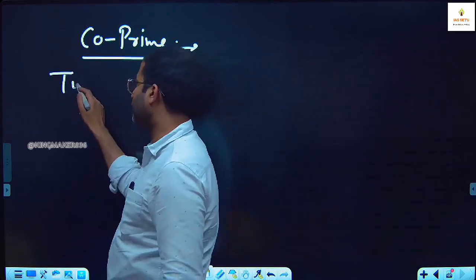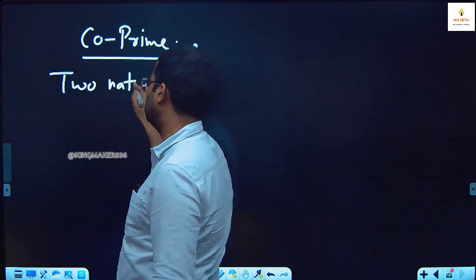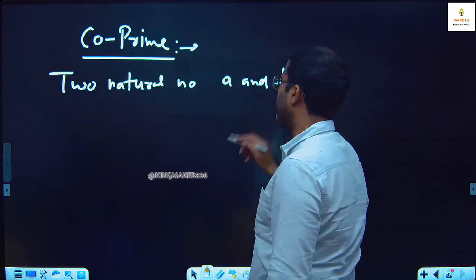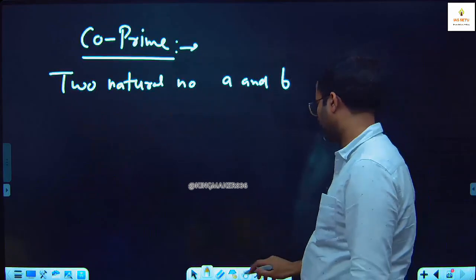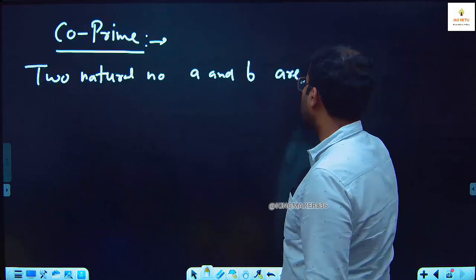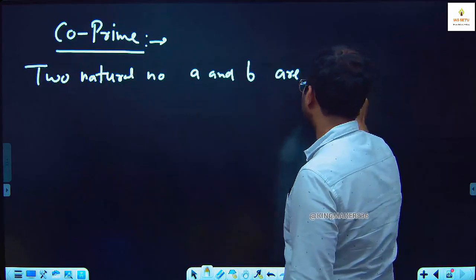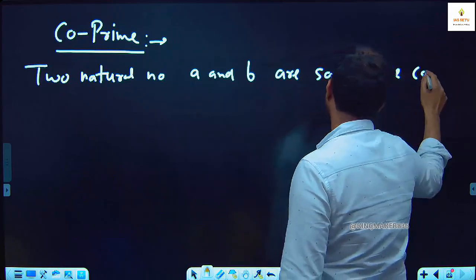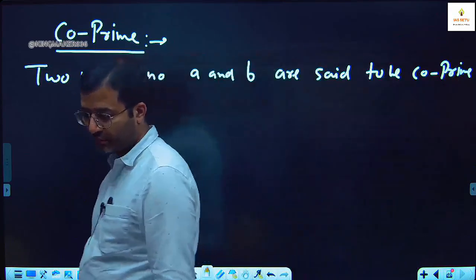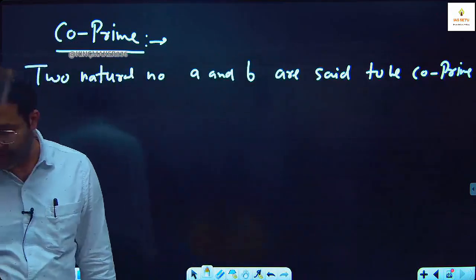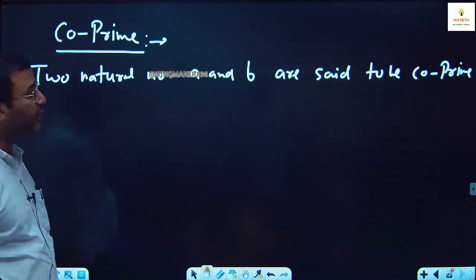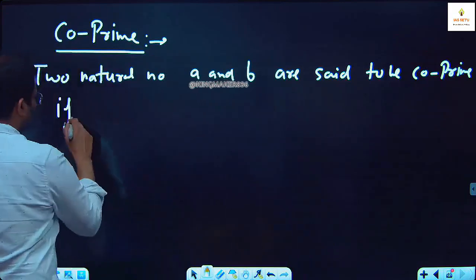Two natural numbers A and B are said to be co-prime if